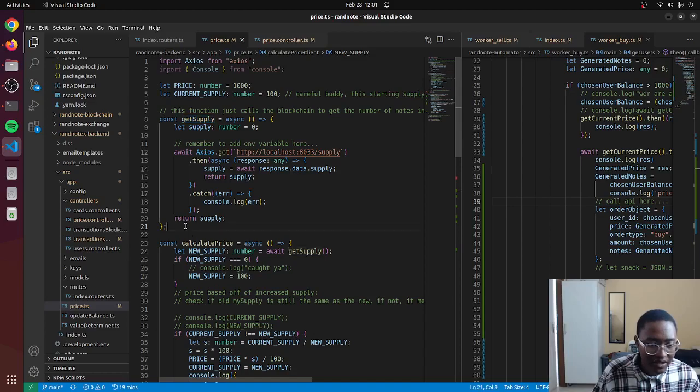Oh, here we have a function called get supply. Get supply, supply 0, await axios.get. So there's an axios request to get the supply. Every second, every time this thing runs, this function gets called. So this function goes and tries to get the supply. I think it's in the database. I don't know. Not the database, the blockchain. Yes, it's getting it from the blockchain. I coded this in at some point, and it gets the total supply. So how many nodes are out there, have been traded, and